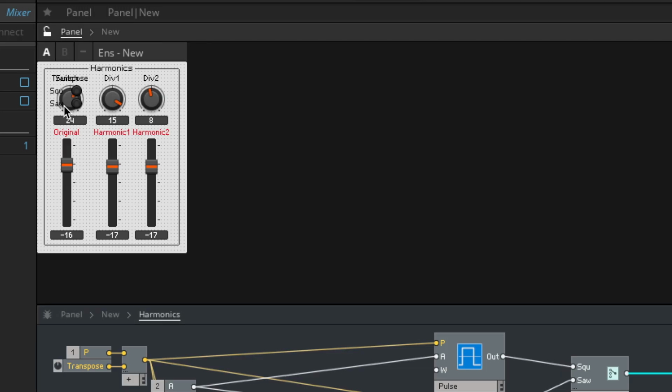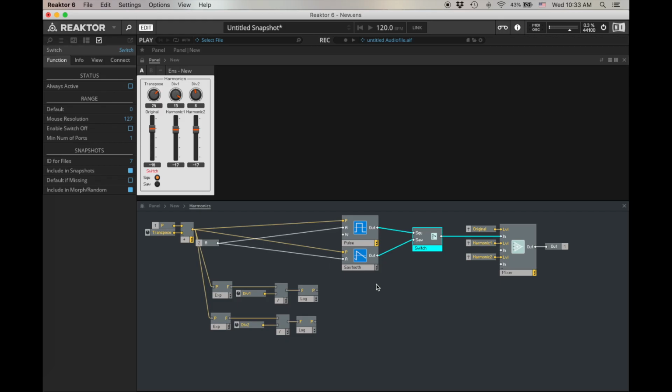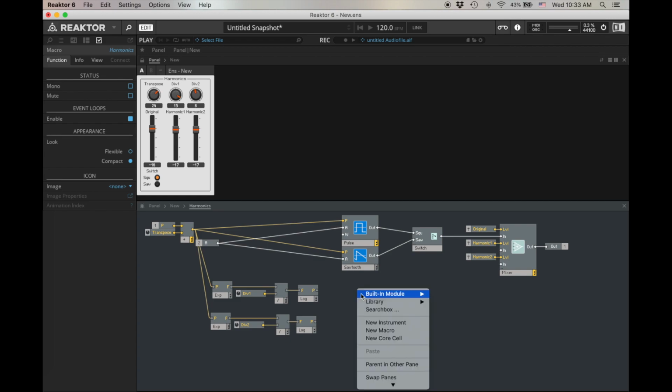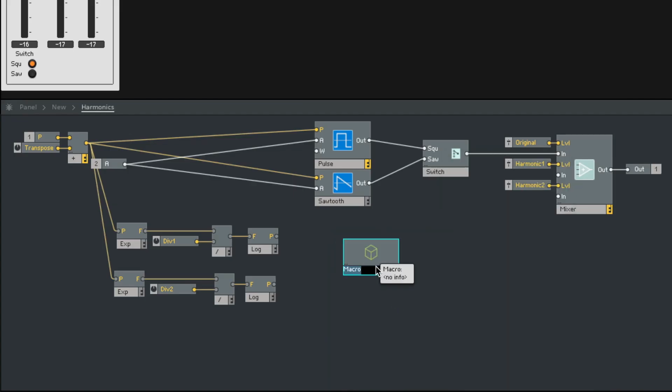Okay, here's that switch. Always important to know once you add a switch, you're not going to get any sound coming through unless you turn on that switch. Okay, nice to have a few more harmonics. Let's now, since we're getting into it a bit, let's make a macro for